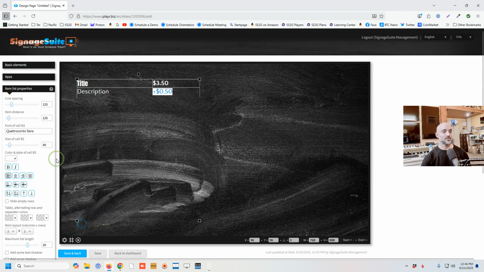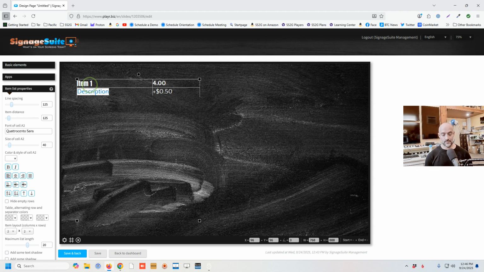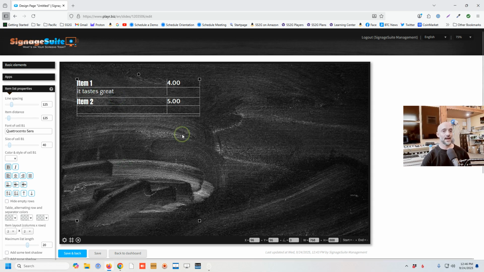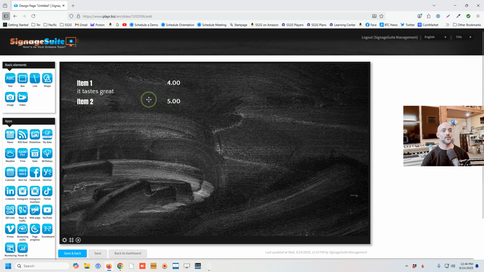Some of these are optional. So let's say item 1, and we can use the $ sign or not. I'm obviously not a restaurant owner. And you get the idea. So forth, we can build that out,